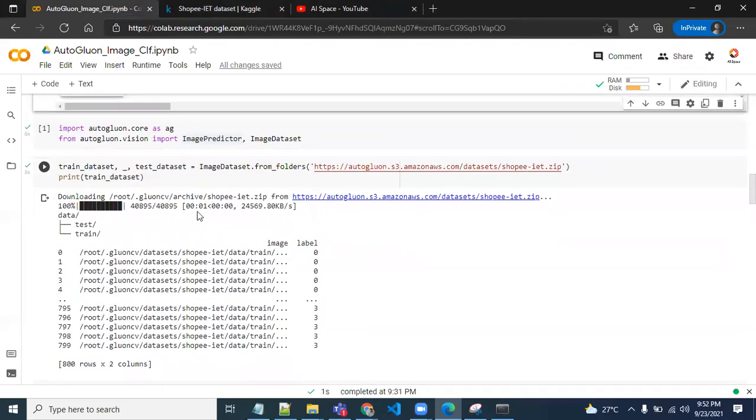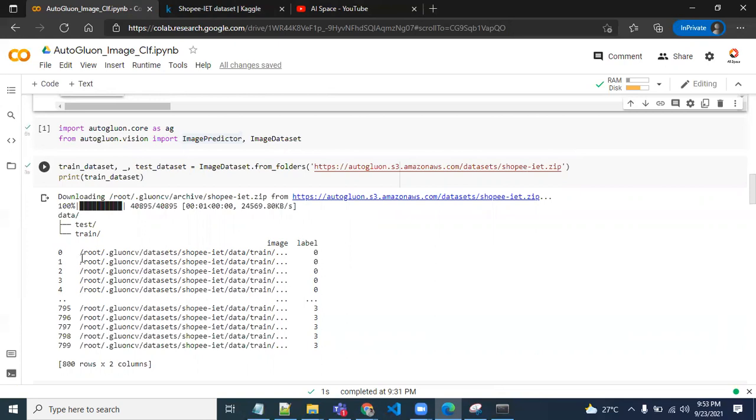So initially, I just need to download the dataset using this particular link, and you can also download the data from this link. After downloading the data, we will arrange it into a CSV format, in the data frame, where one column will indicate the image column, and another is the label column.